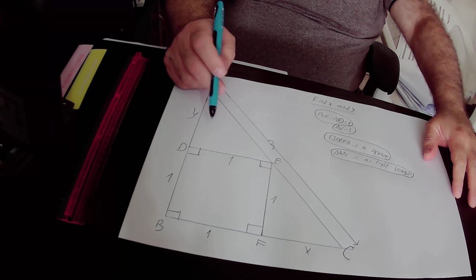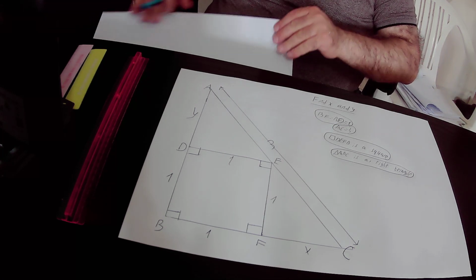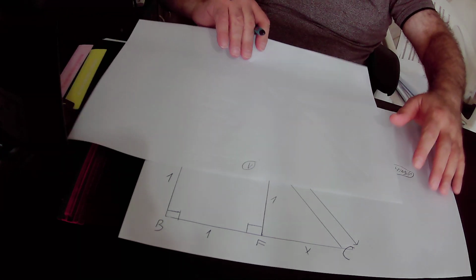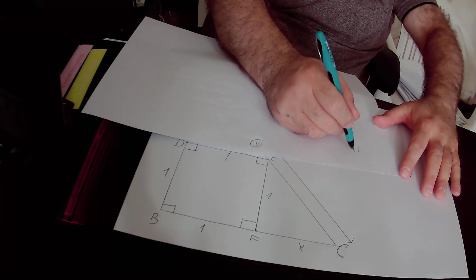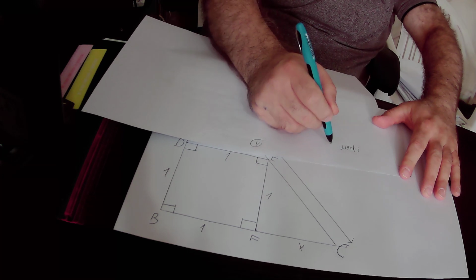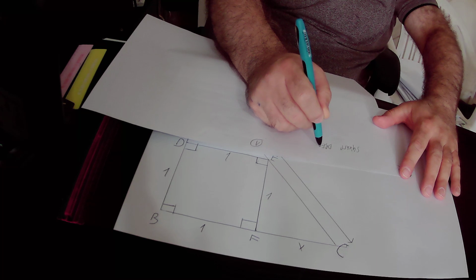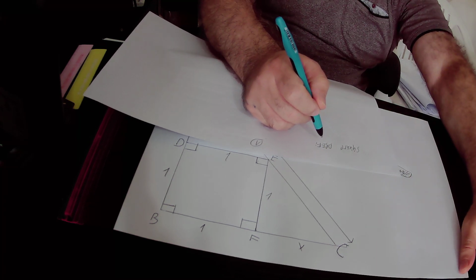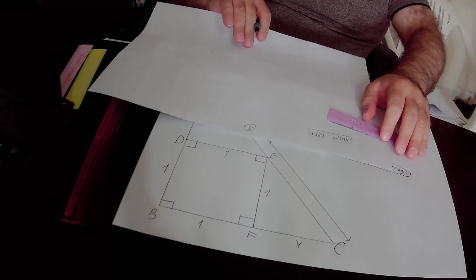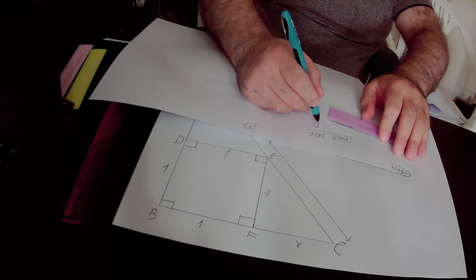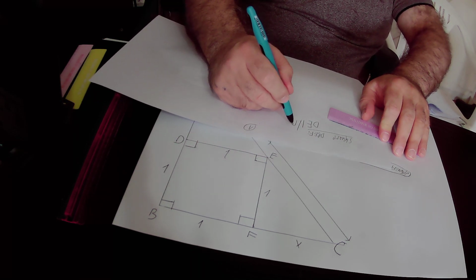That is to say, in square DBEF, we know that side DE is parallel to side BF,